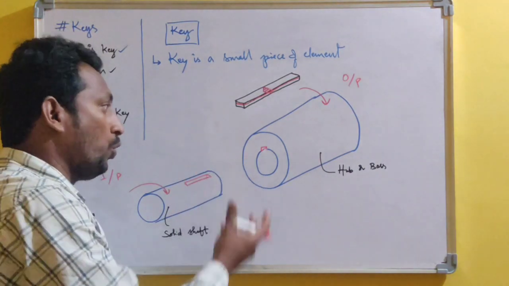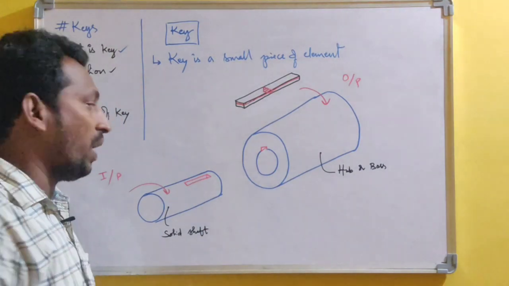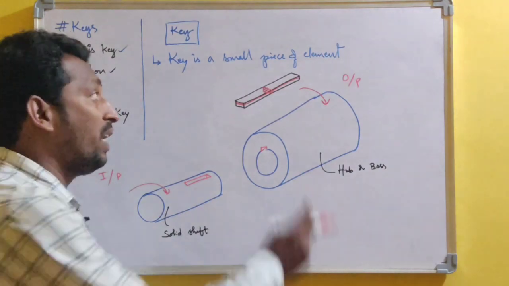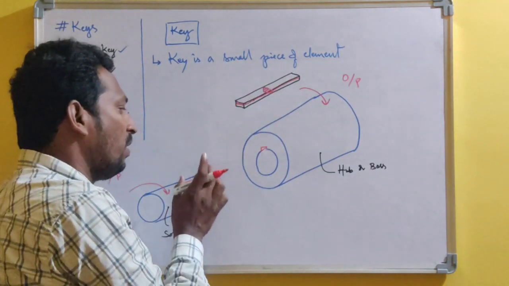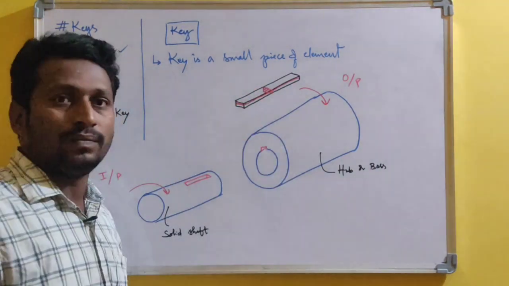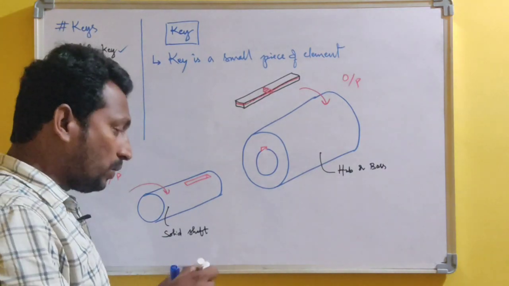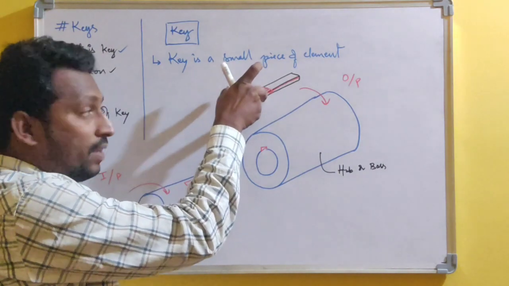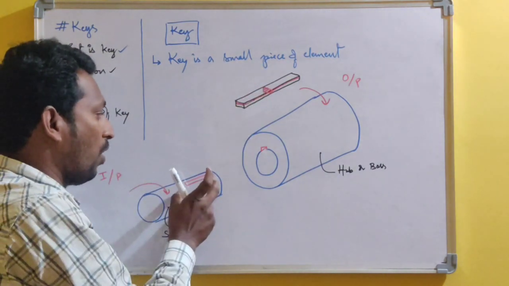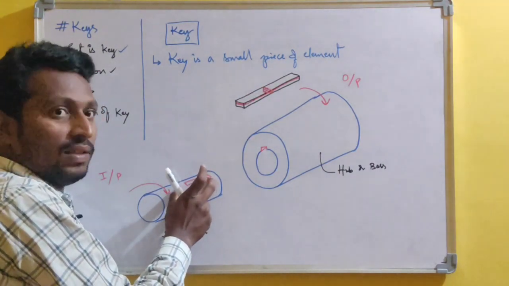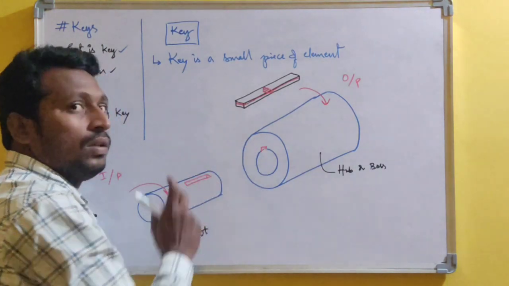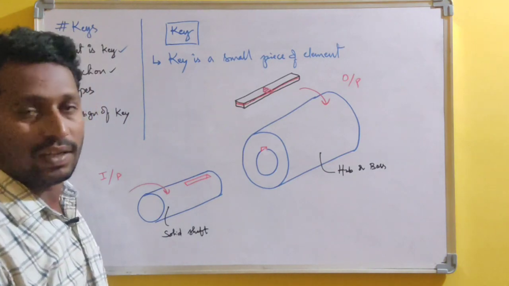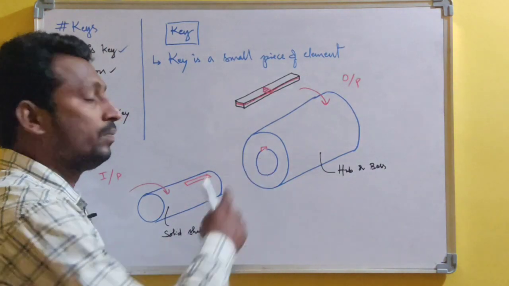Okay, due to the making of this joint, we can transmit the power from this shaft to this shaft. So it will enable the joint between this solid shaft and the hollow shaft. Whatever dimensions we have for this key, the same size we have to use to make this rectangular slot, and the same dimension should be followed to make the rectangular slot internally in this hollow tube.